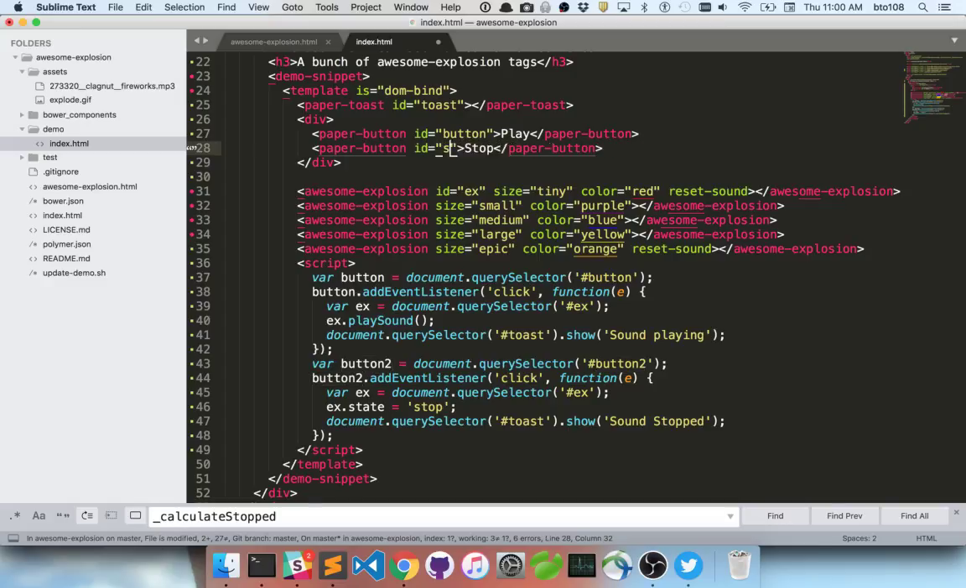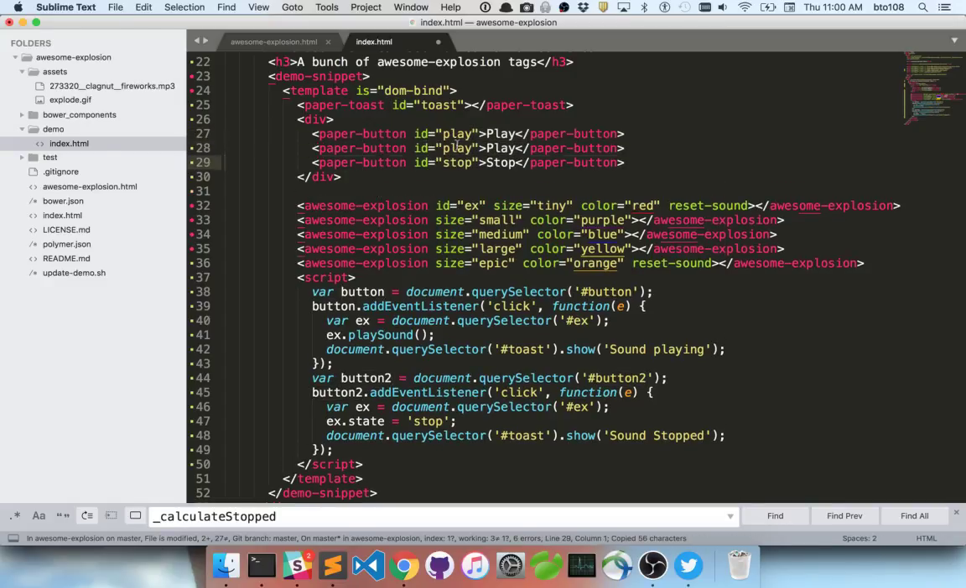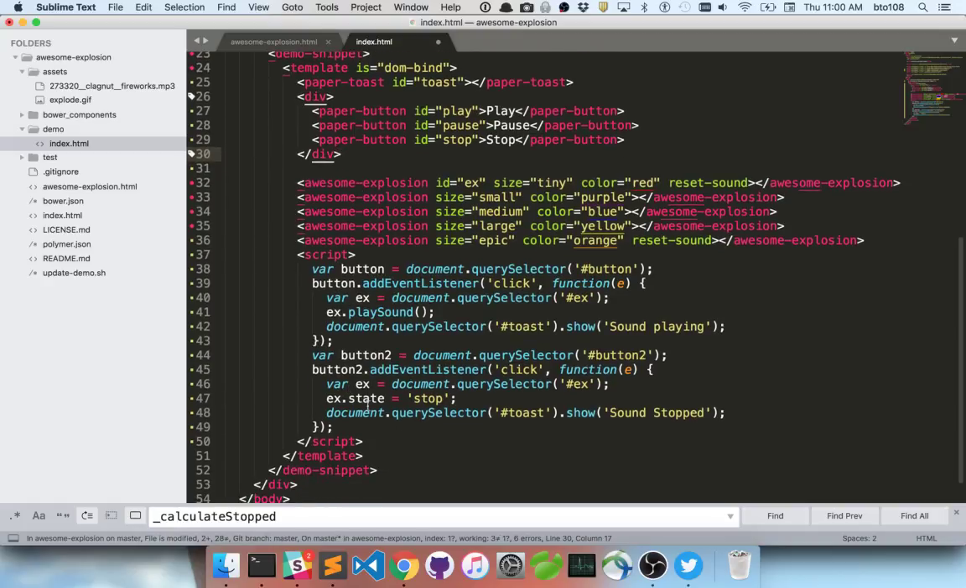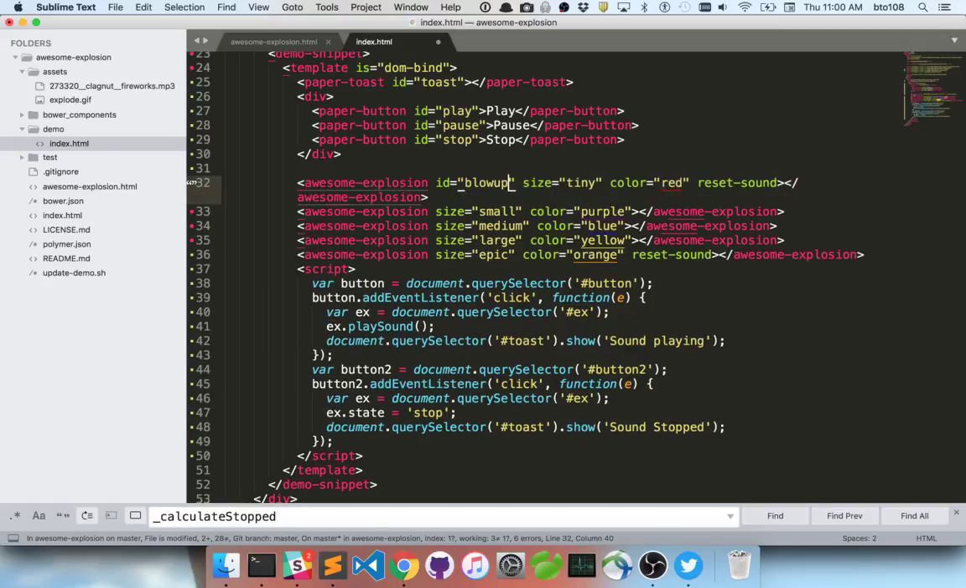Okay, so let's change the IDs of these a little easier, make this more readable, make that a play button, and we'll do a pause button to make sure that that works too. Pause, and then we're gonna go down here. It's no longer gonna be ex, it's gonna be blow up, because that looks cool, and then blow up dot state stop, and that's when I click stop,